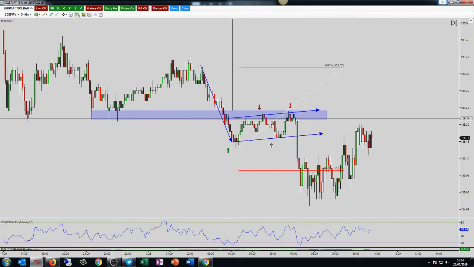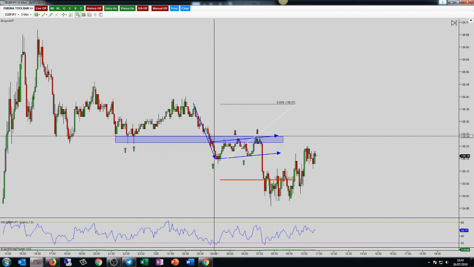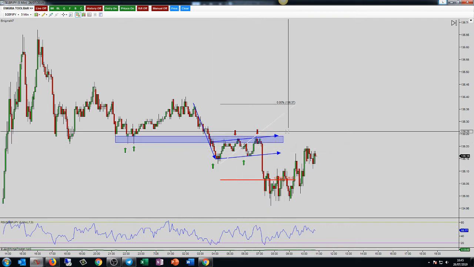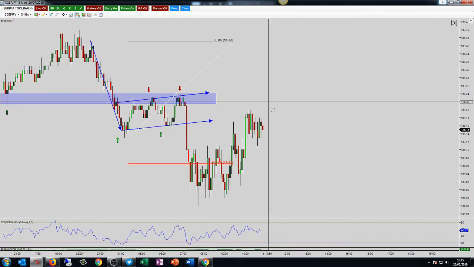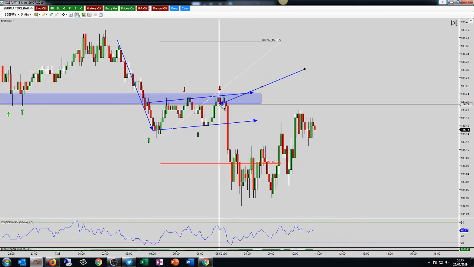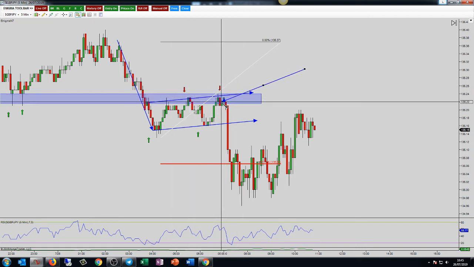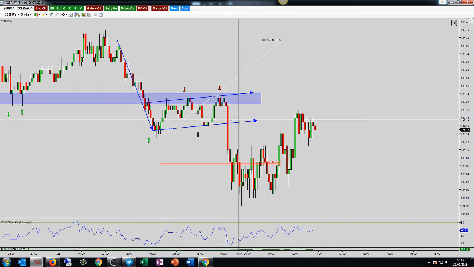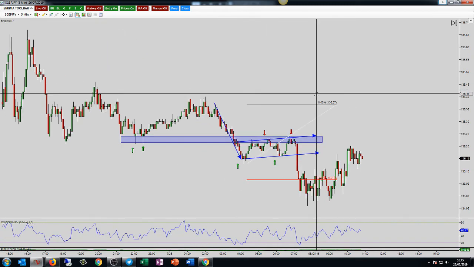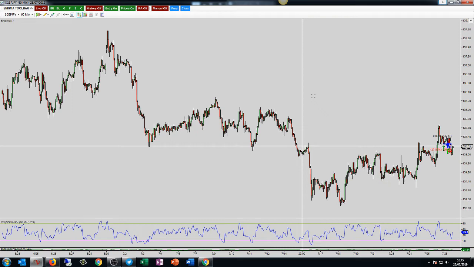But anybody get involved in that trade? Beautiful example. Came into the wicks, hit the 382, 4 touches either side. Your entry would have been this candle right here, which was the red candle, giving you confirmation that not only the trend line held, but we saw a rejection at that level as well. So I don't think anybody got involved with this, but if you did, well done. We're going to put that to the side as well.